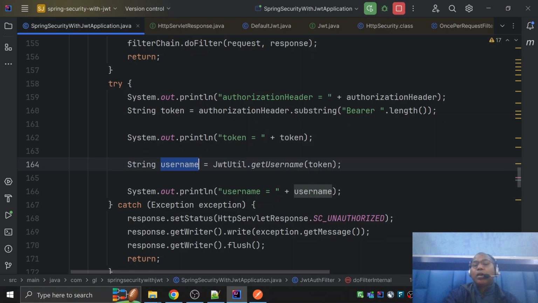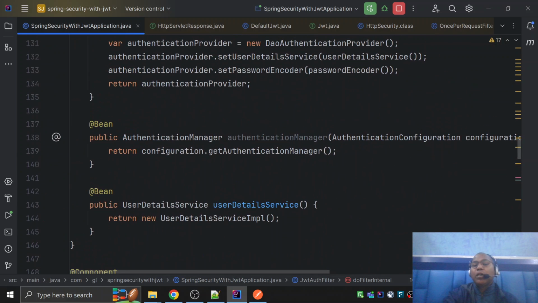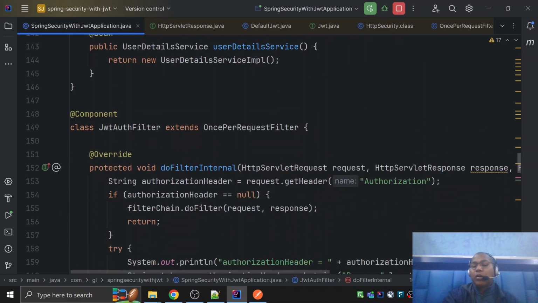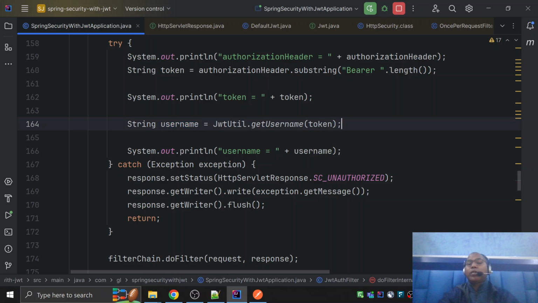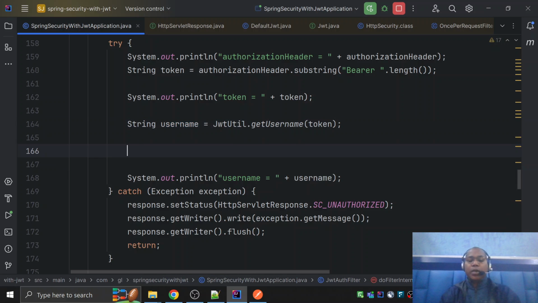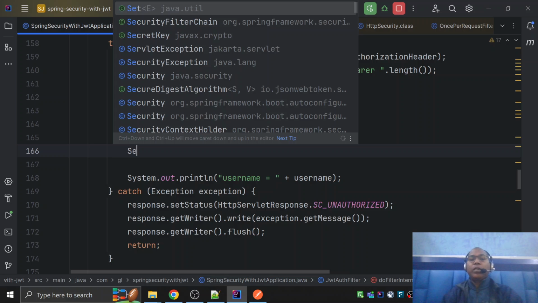So here we are using the username and password token. The username and password token we have to set. So here we can say, hey, Spring Security context holder